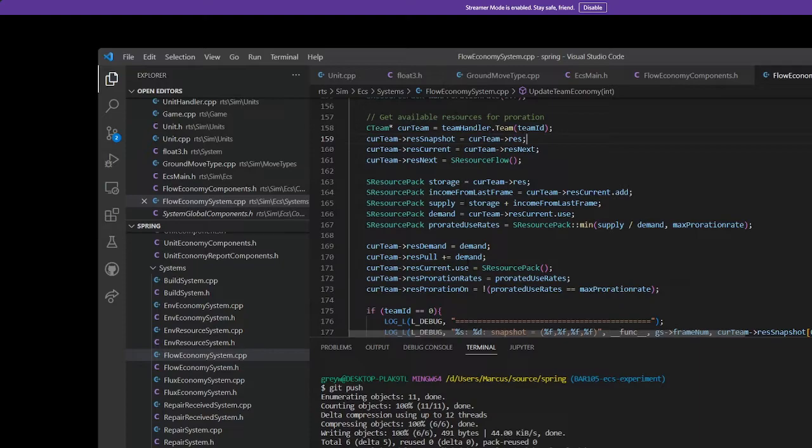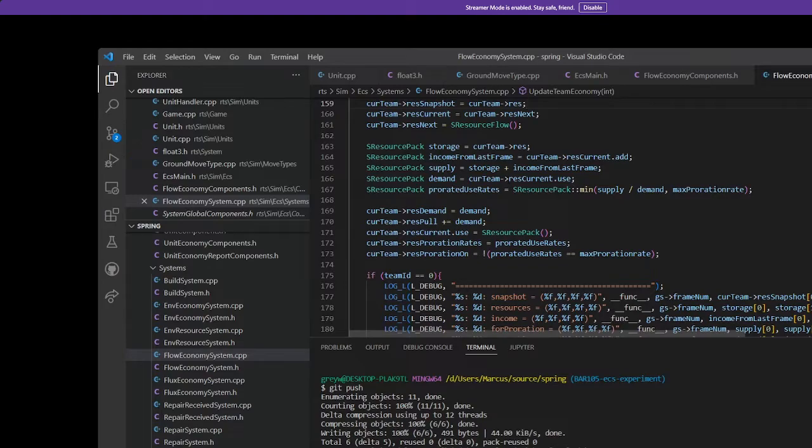So it does some calculations. The purpose of this is to work out the proration rates. And the code is simplified a lot because I've put a lot of clever code into the resource packs themselves, so that you can do things like divides. You can do a min now on that. So you can take supply and demand, get a ratio, and apply that against the max proration rates to get